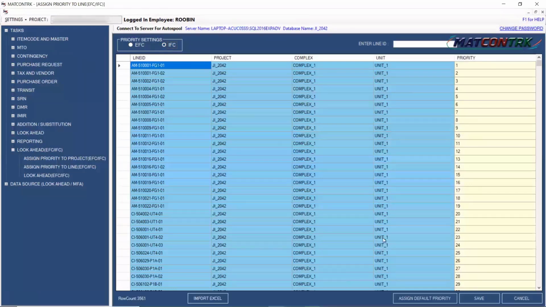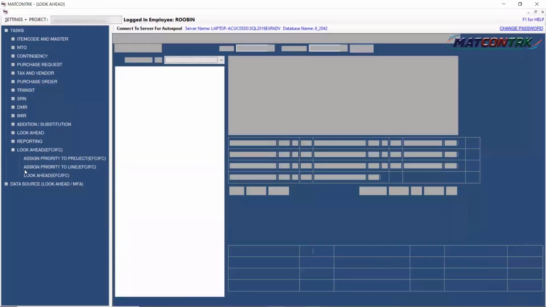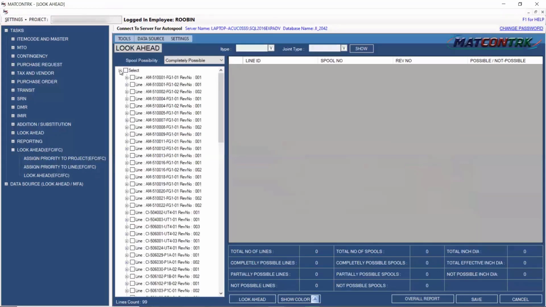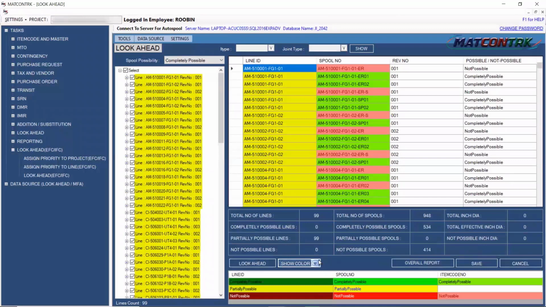Now these isometrics are available with the contractors for manufacturing purposes, and this particular analysis can also be done at the next level, on top of that, from the preliminary MTO stage to the final MTO stage. Further spooling is carried out inside the auto spool application, and the same look ahead analysis can be done with respect to the auto spooling data as well. Now these are the different lines. I have accessed these lines from the auto spooling software, and with the same procedures I can do this analysis. The same way we can get the results, everything would be the same. The only difference is the input, that is the isometric lines from the auto spool application.